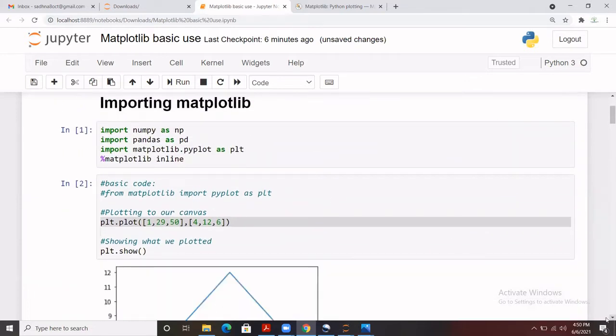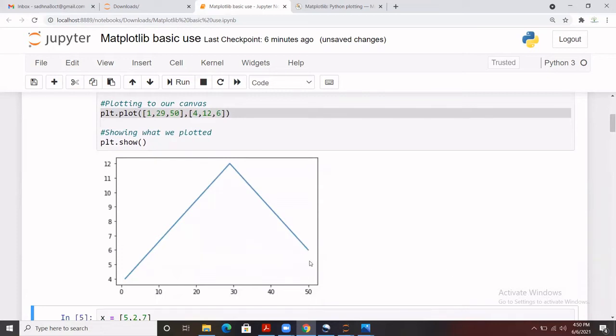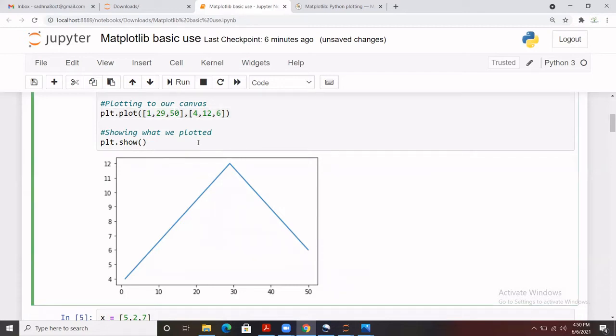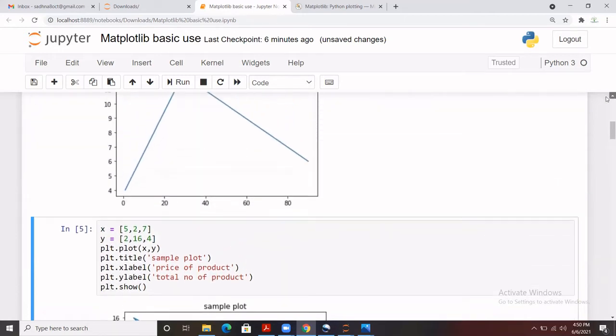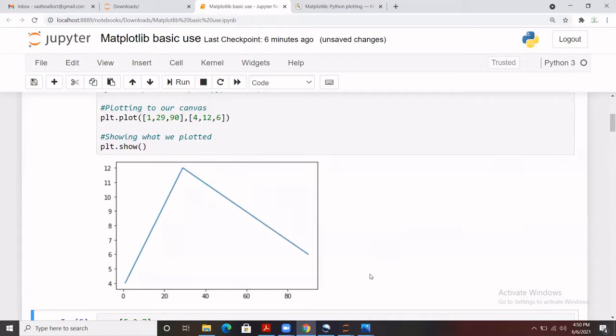Yes, you see that for the x-axis the maximum value that we have given was 50, and it has created the axis till 50. And for the y-axis the maximum value is 12. If you make some changes to this, let's say you make it 90 and run it, you see the change in our data, and it goes till 90. Now we have some extra line for the x-axis, and let's say this is 60, for example, and you run it.